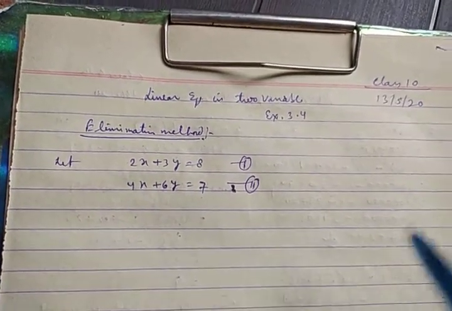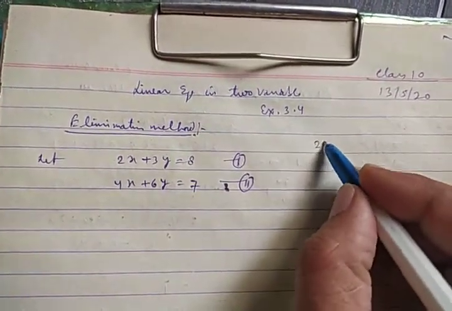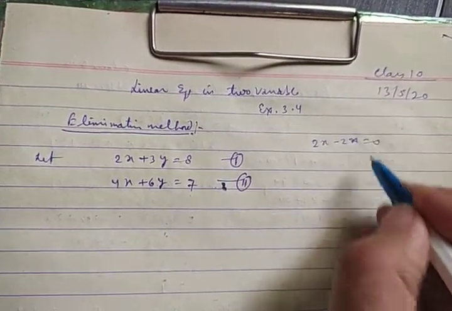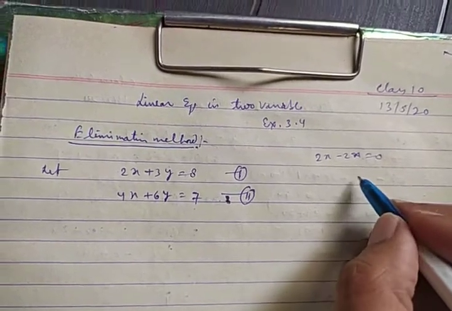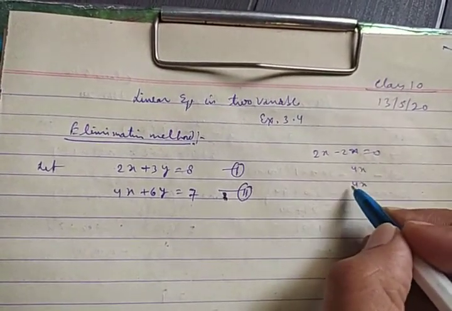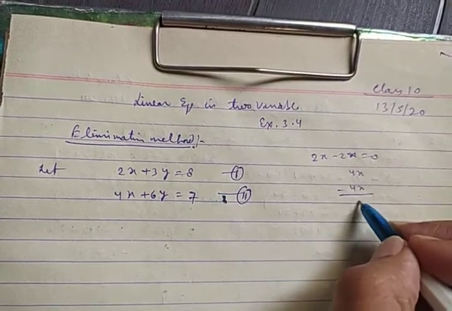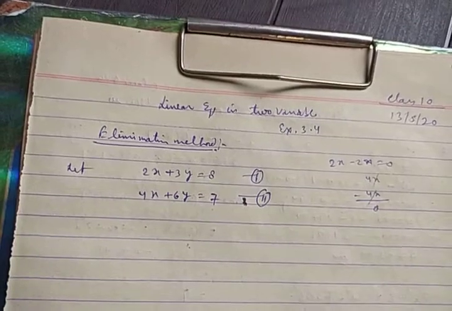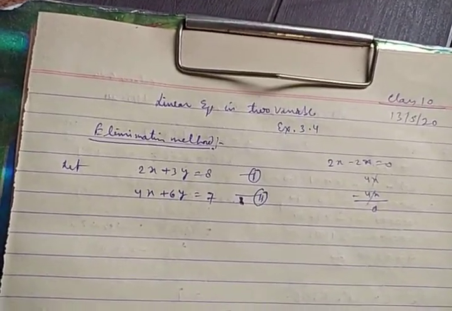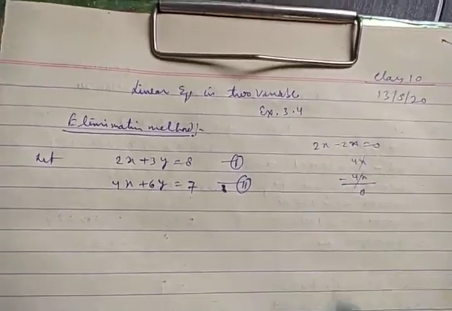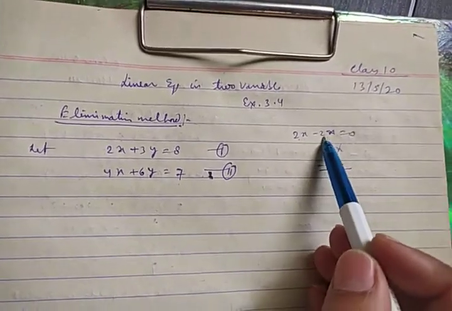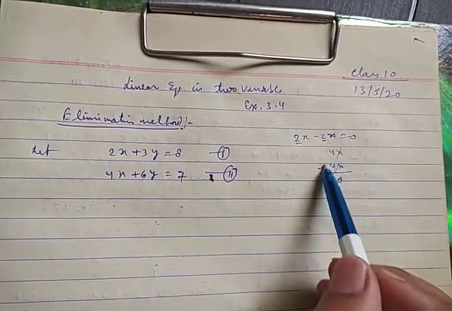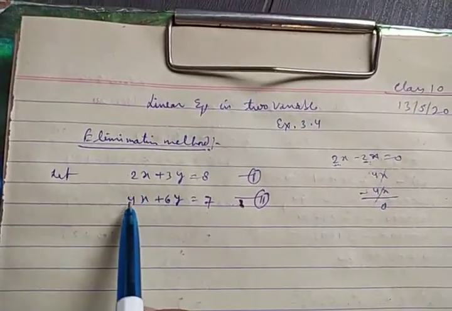Like, if you subtract 2x from 2x, then you will get 0, or column-wise you can write 4x and 4x, this will become 0, meaning cancelled. I want to say, if the coefficients of the variable are equal, in these two examples I am taking 2x and 2x, meaning the coefficients in both expressions are the same. But in the given example,